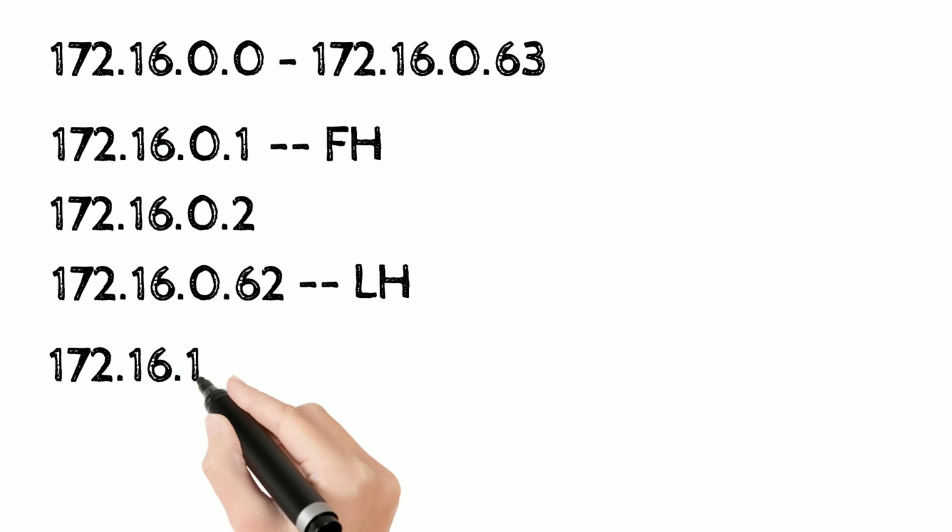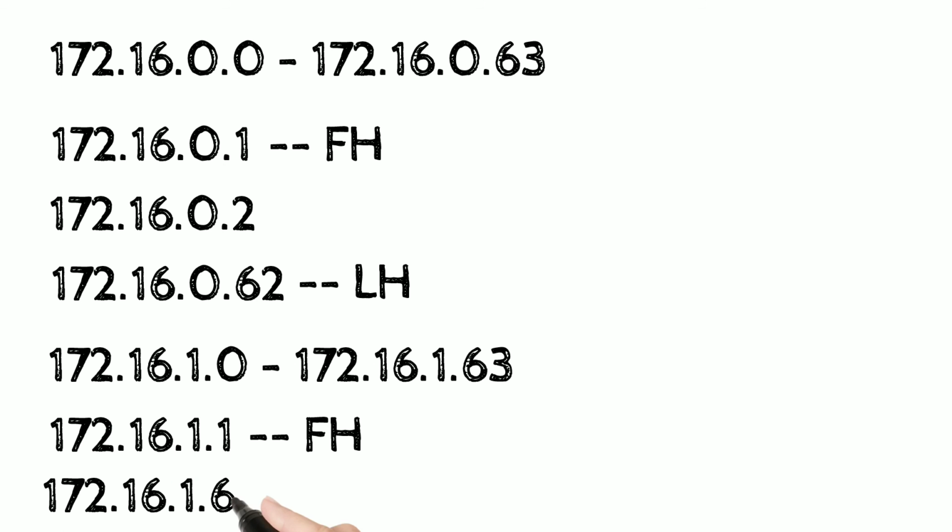Taking different subnet, we calculated the first host and the last